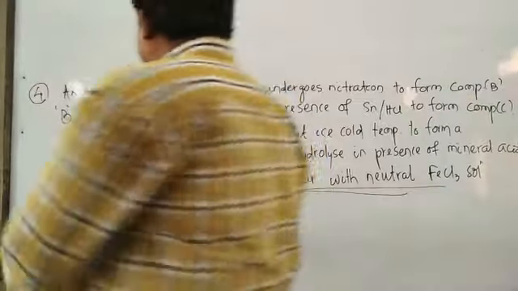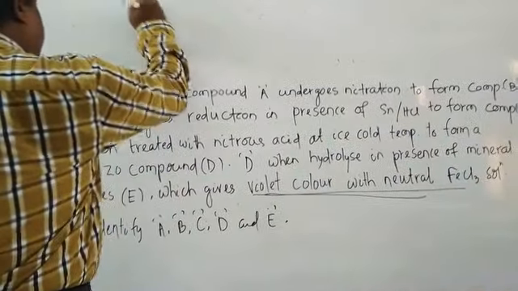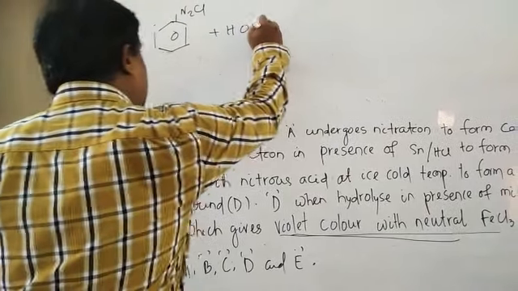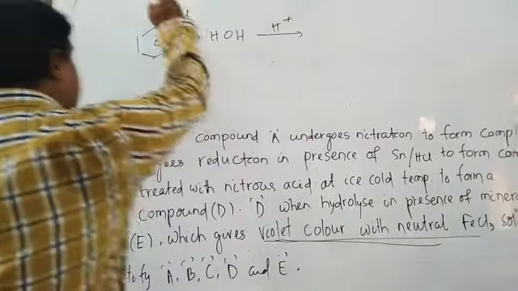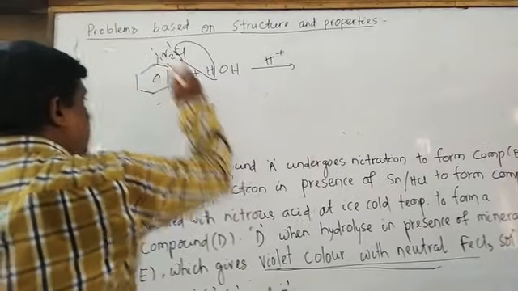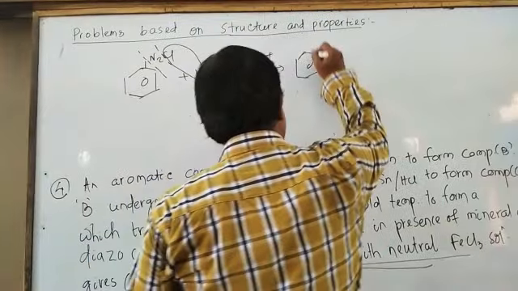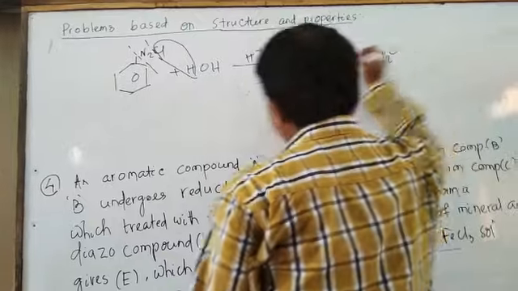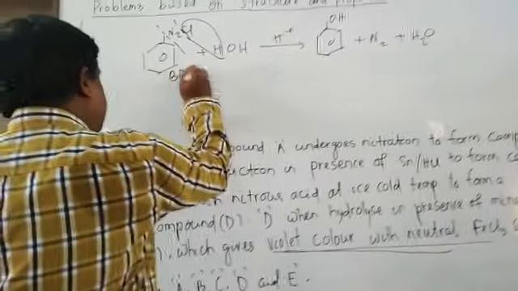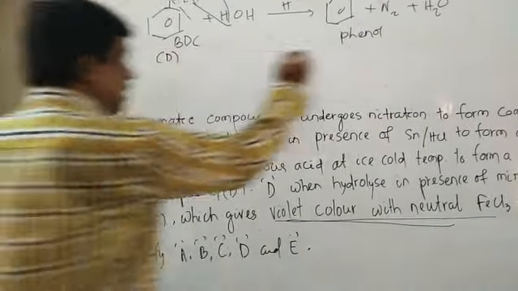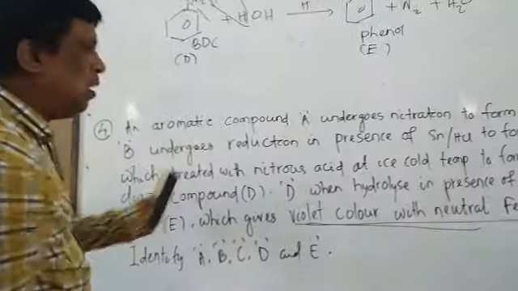So mark the equation, how it is formed. We know benzene diazonium chloride, when it undergoes hydrolysis, the bond breaks here, H combines with Cl, the OH part is put here, resulting in the formation of phenol plus N2 plus HCl. So it is benzene diazonium chloride, and it is phenol. It is D, it is E. Again, how is D formed?